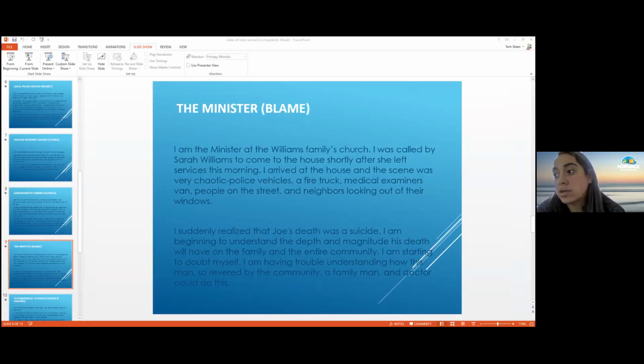I am beginning to understand the depth and the magnitude the death will have on his family and the entire community. I am starting to doubt myself. I am having trouble understanding how this man, so revered by the community, a family man and a doctor, could do this. And so the first